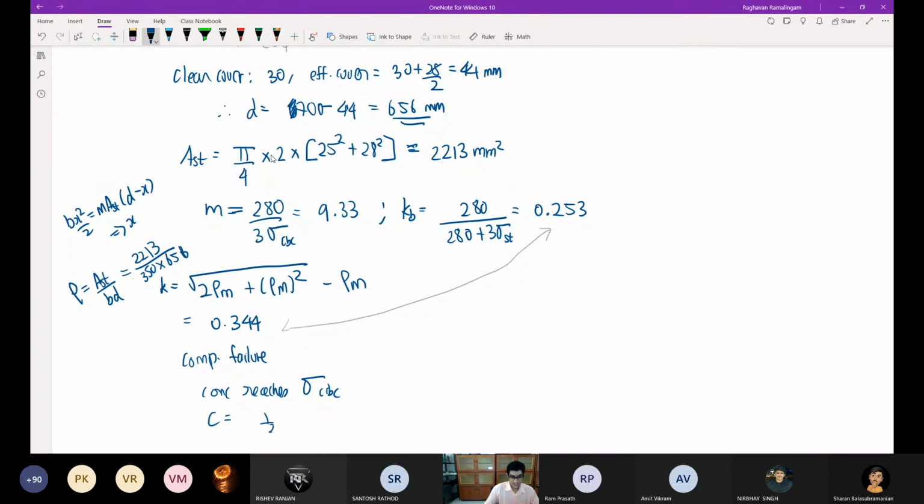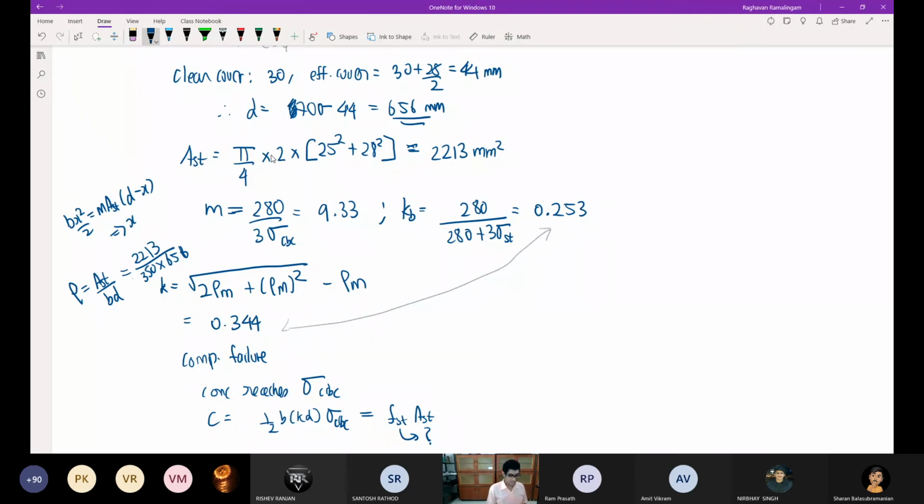Compression is given by half B into KD into sigma CBC, and then you will equate this with FST into AST, which will give you what is FST. Okay, so similar thing. You can just try finishing this off, and so this is the only type of problems